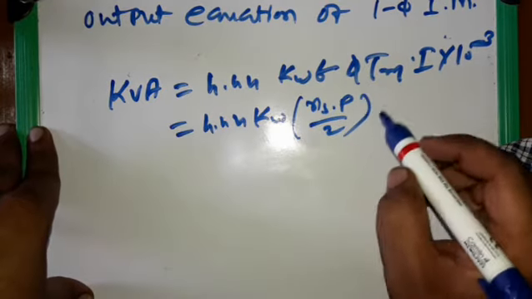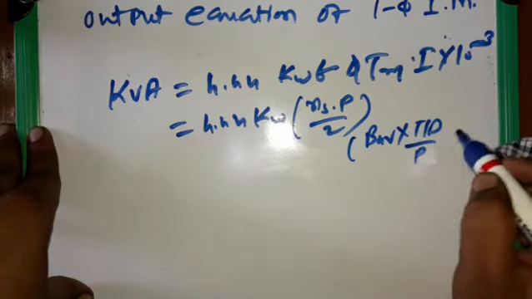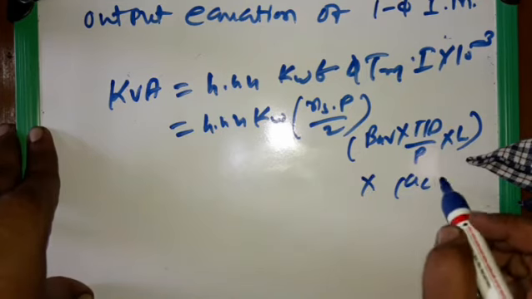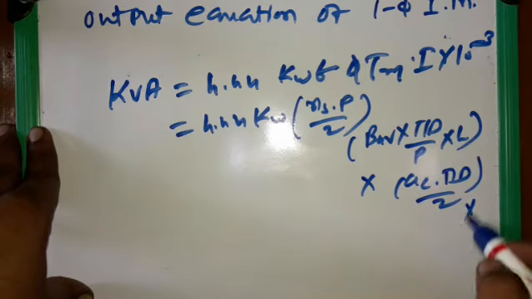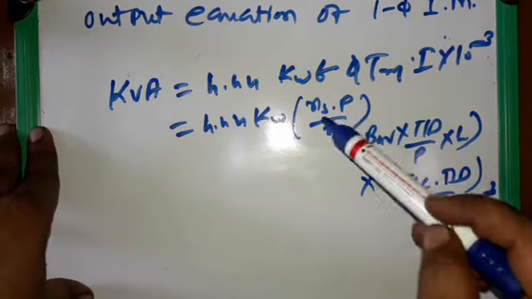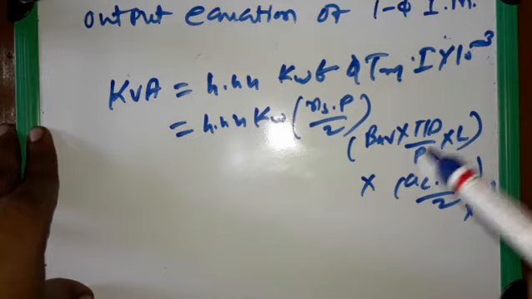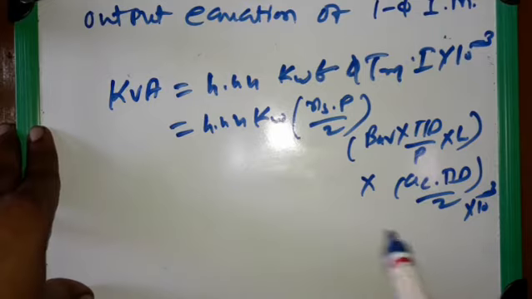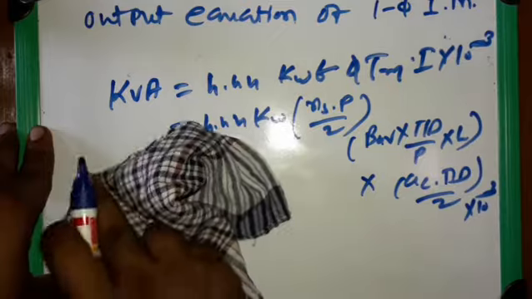Now flux phi is equal to Bav into pi D upon P into L. Now Tm into I is equal to ac into pi D by 2 into 10 raised to minus 3. First we find all these values, and then we put them in the output equation. So we get the output equation Q is equal to